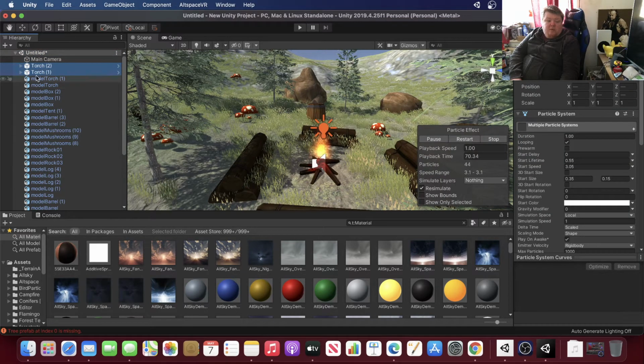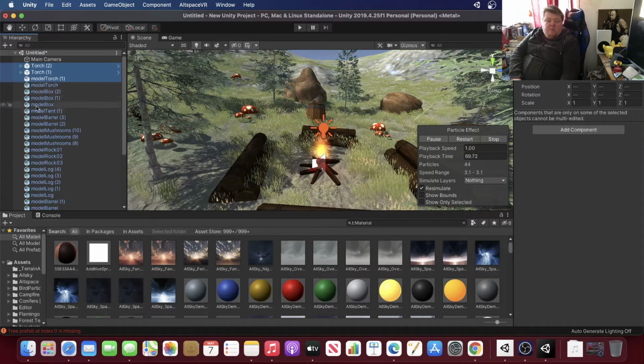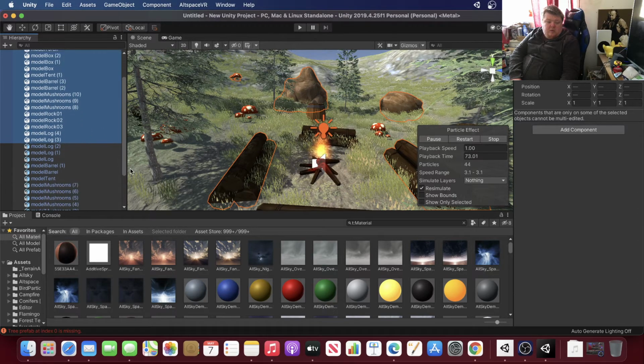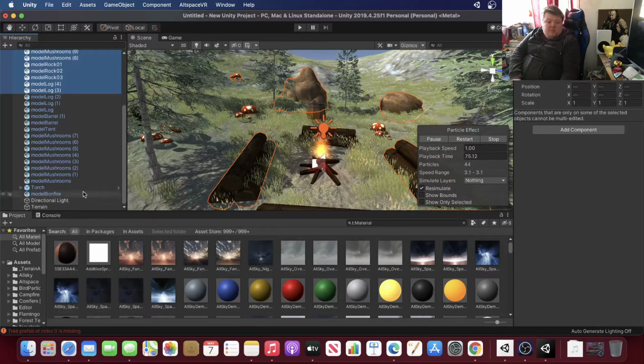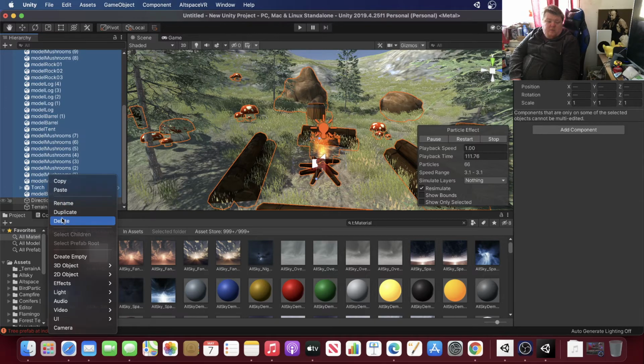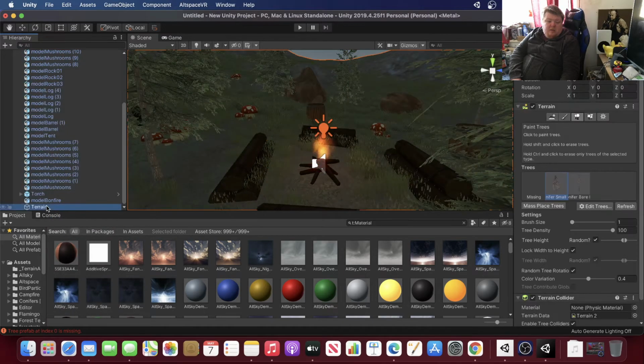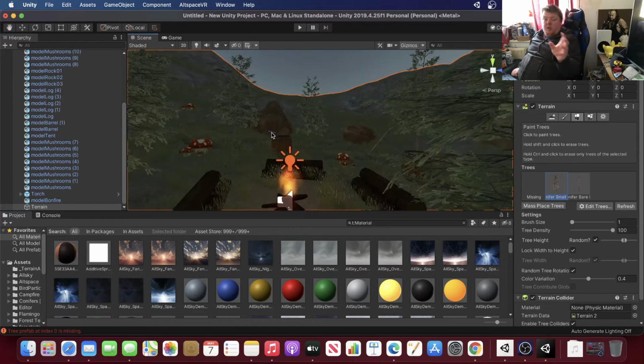Alright, main camera. We're going to scroll down to the model bonfire. Get rid of that directional light. We don't need the directional light when we're going to be creating our own lighting setting in just